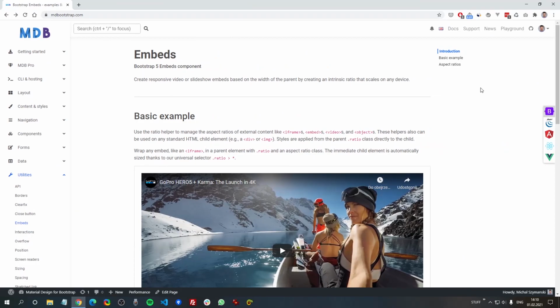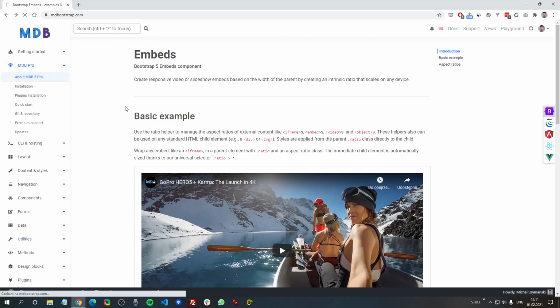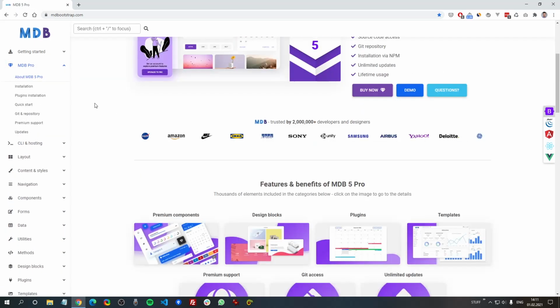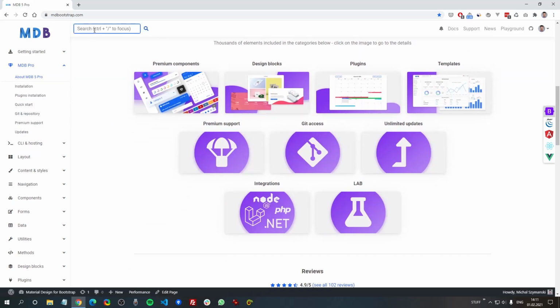One small disclaimer: everything we did so far we built with MDB 3 UI kit, but the date picker component is part of MDB Pro, so to use this you need to purchase MDB Pro. So if you have access to MDB Pro, type date picker in the search box